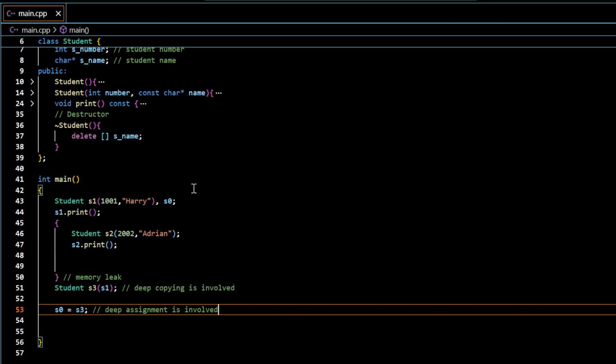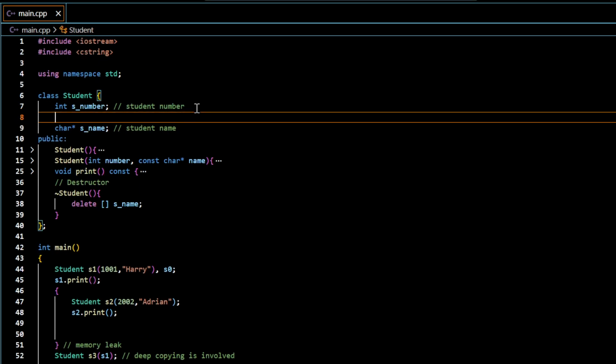If I create a student with data 101 and name Harry, and let's say I create another student object S2 by copying from S1, right? In this case, for example, if I have this name stored in static memory like this,